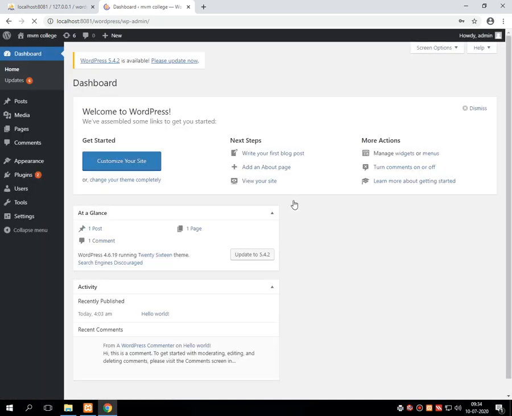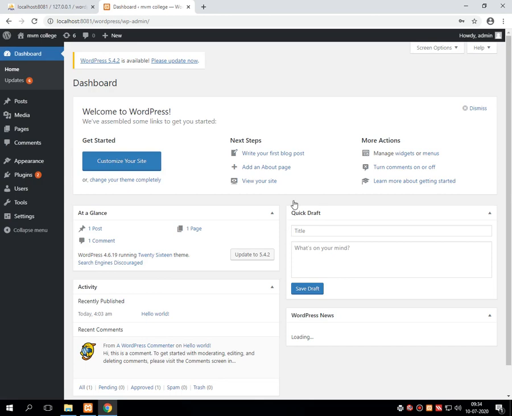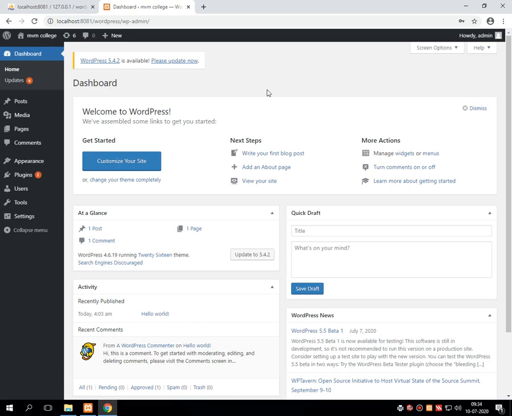Once everything is proper, a dashboard of WordPress will appear on the screen, which looks like this. If this dashboard comes up on your computer, rest assured that the WordPress installation has been successfully completed in your system, and we can start using the entire tool for other purposes. So students, these are the installation steps that we have to perform for installing and configuring WordPress in our local system and in the college.